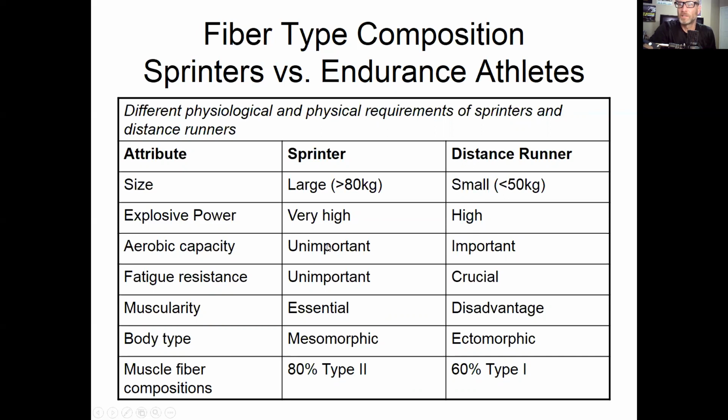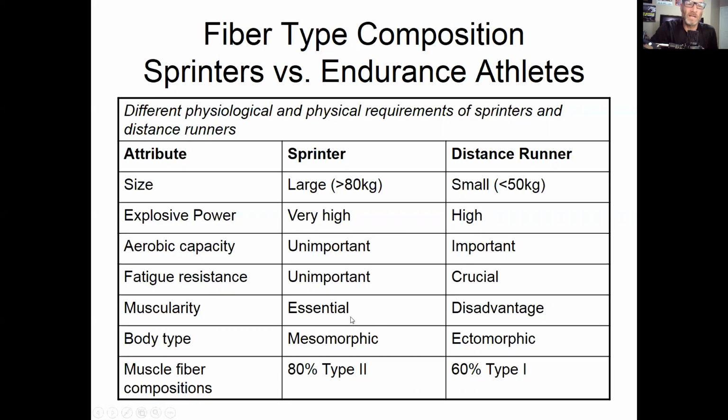Aerobic capacity, not important to a sprinter. You can hold your breath. Important for a distance runner. Fatigue resistant, that's unimportant for a sprinter. Critical for a distance runner. Muscularity, that's not a great term, but